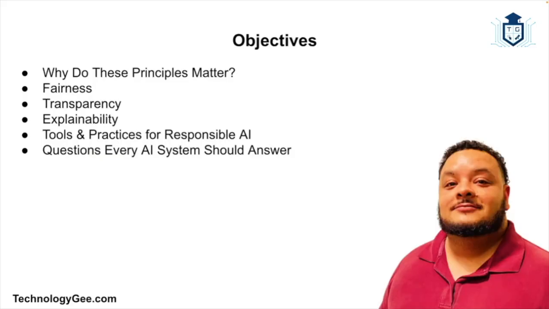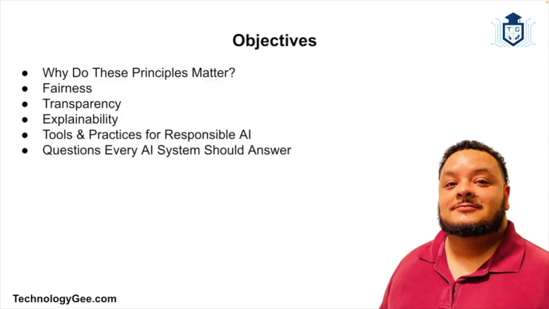All right, so AI is everywhere. It's helping doctors detect cancer, it's powering your social media feed, and it's unlocking your phone with Face ID, amongst a myriad of other things. But here's a question we all need to ask more often. Can we trust it? Because if AI is going to influence what we buy, how we work, who gets loans, or even who gets parole, then we better make sure it's being fair, open, and understandable.